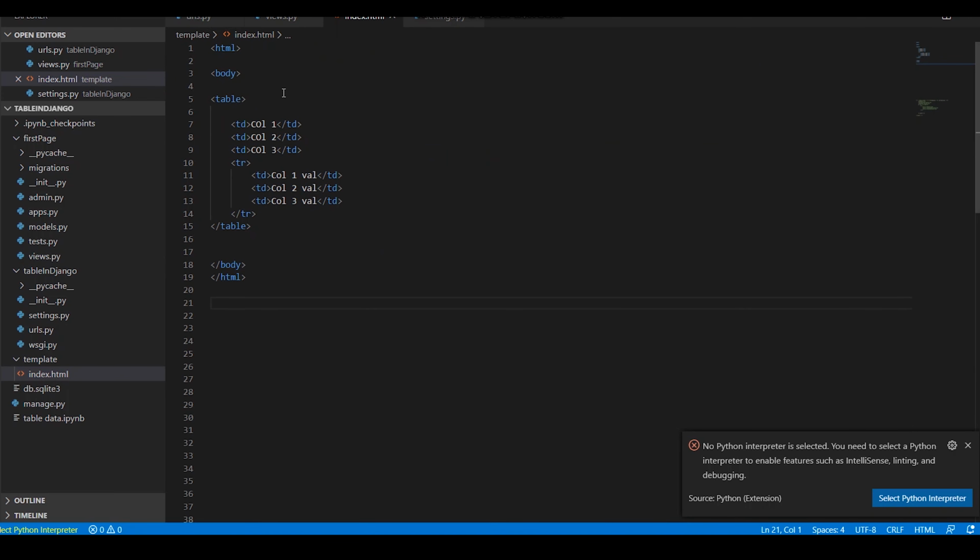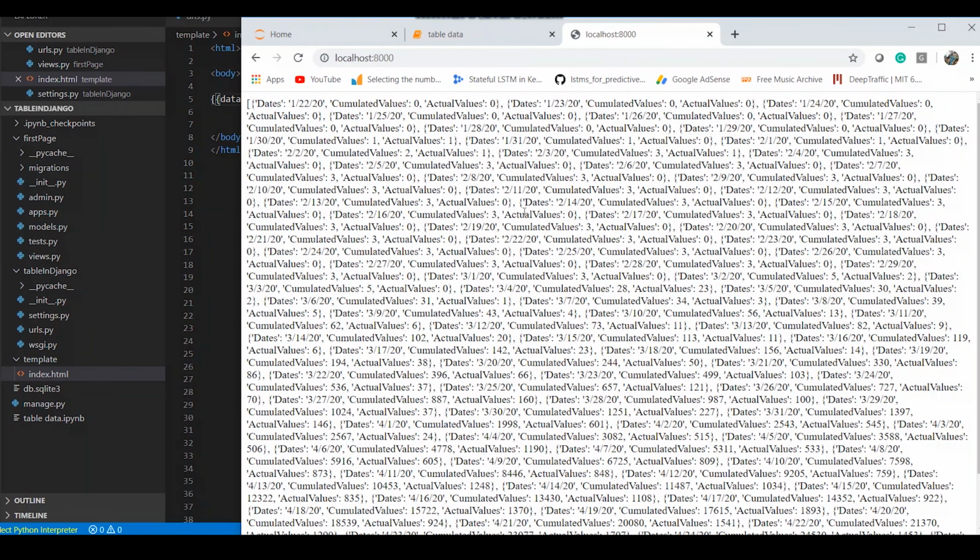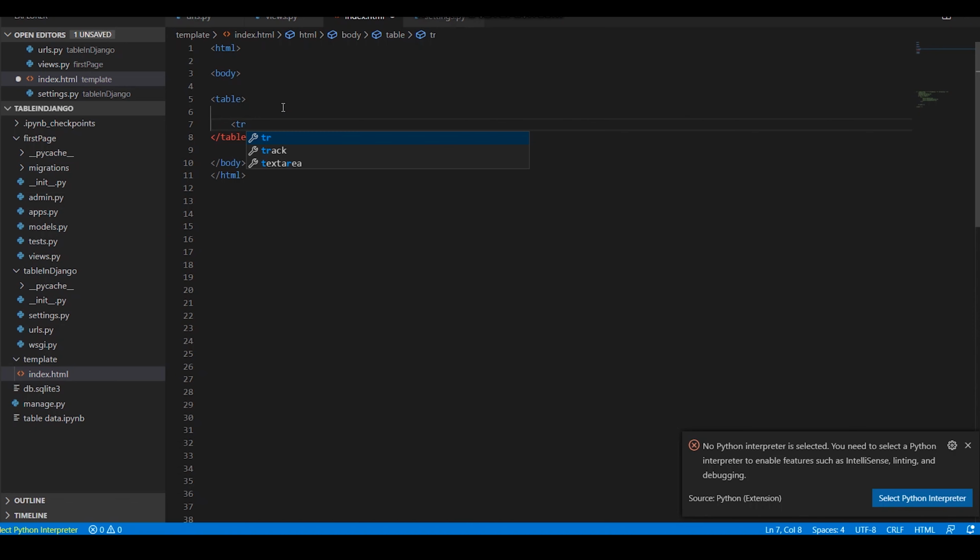So in my HTML index, let's just remove this, simply say data, and all my list information is with me. Now I have to just populate it into the table. So I will just remove it. Let's come inside the table. Let's forget about the column names. Let's first define our row. So tr defines my row. Within my tr, first of all, in here I have to start my for loop.